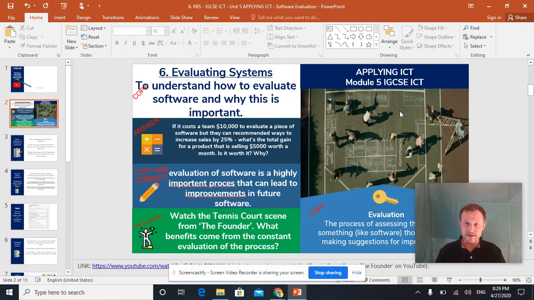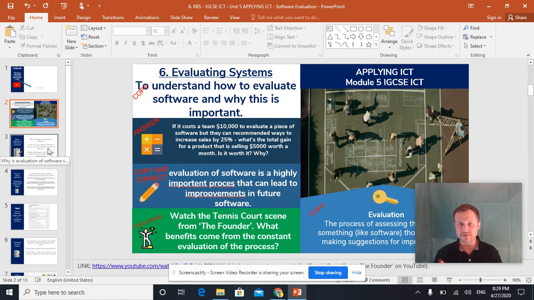What he is doing, how that links to today's lesson, what he's doing is evaluating the systems he has in place. He sees they're not perfect, changes them, tries again, makes an improvement. Continually looking to improve the system that they have. And that is what you, as a budding software engineer, software designer, need to also have, that mindset. And so we're going to look at that a little bit today, right? So let's move on. Evaluation.